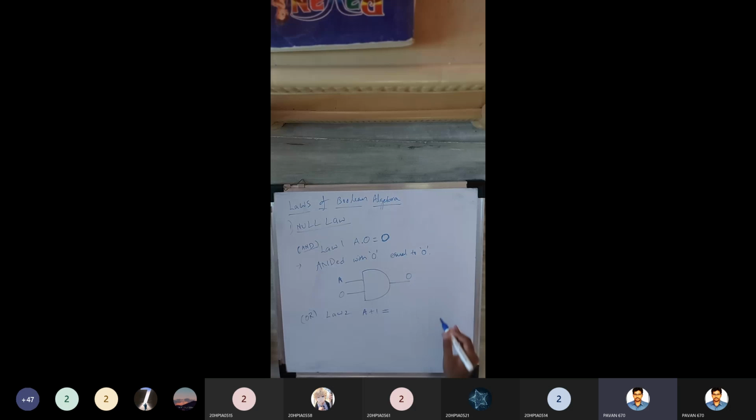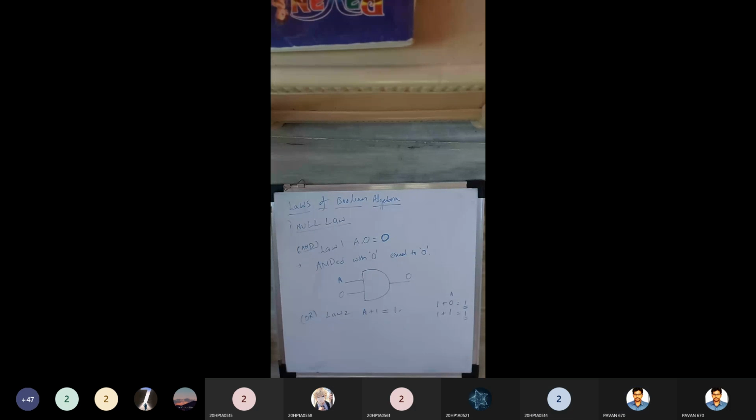See, this is a binary system, a digital system. So actually this is 1. Let's have a look here. One input is fixed as 1, and another value is A, whether it may be a 0 or a 1. So 1 plus 0 is 1. Suppose 1 plus 1, 1 only. Have you got the sense? So that's why A plus 1 equals 1.